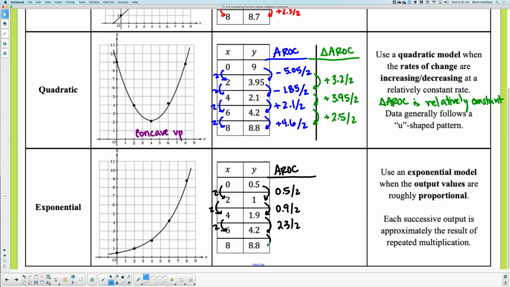And then finally from 4.2 to 8.8. 4.6. Okay. Do you know what's happening to our delta AROC each time? I want to use the term relatively. What's happening relatively? I hear increasing, but there's a better word. These are proportional, which means